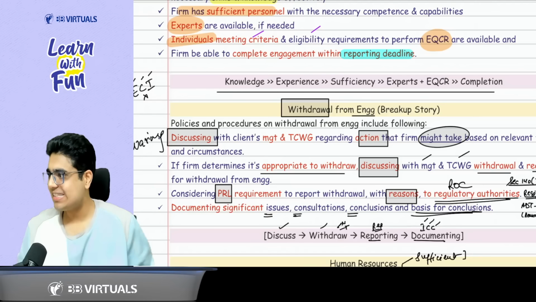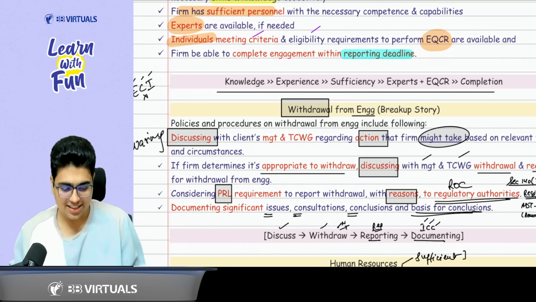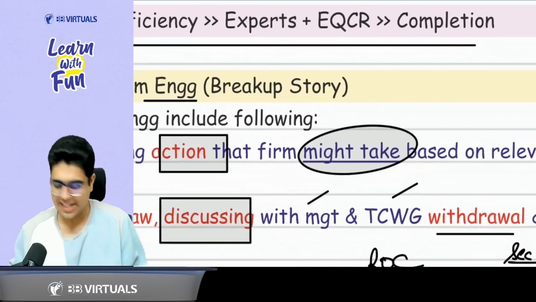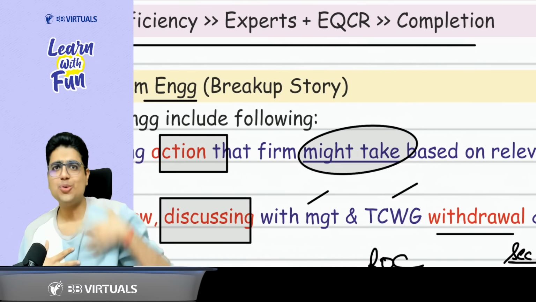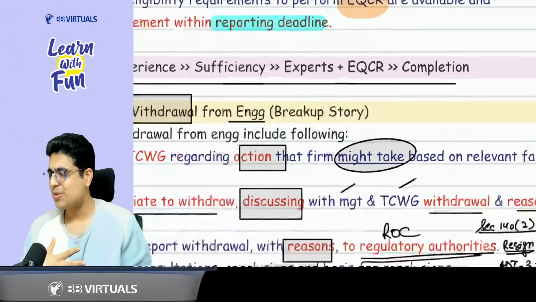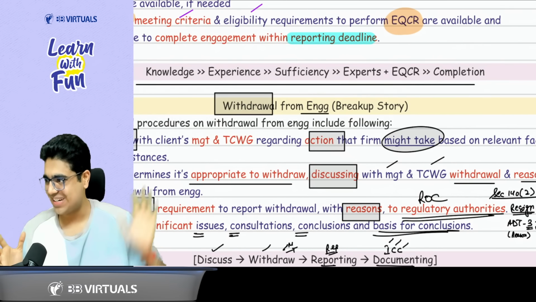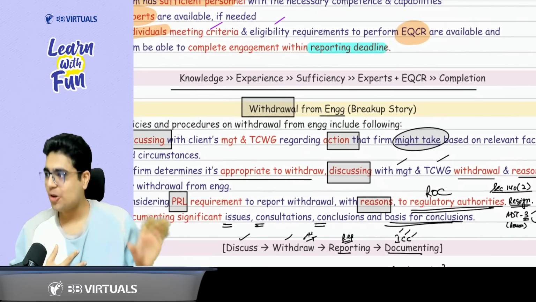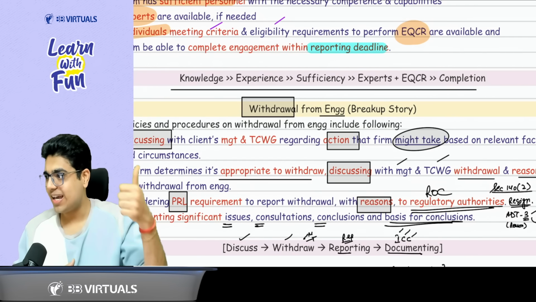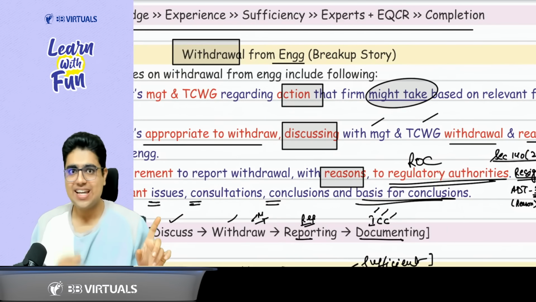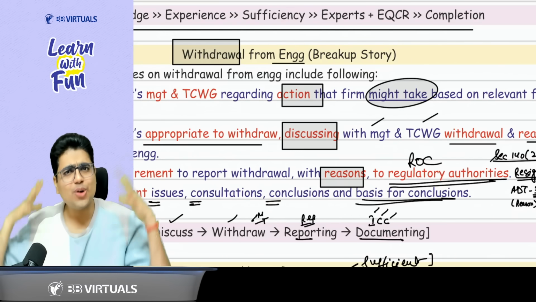So don't you think the same thing is happening here? First of all, you are giving the warning about the action that the firm might take. Yes, sir. And if the other person doesn't improve, then you withdraw. Then you do the breakup. You say, I want to break up. And before breaking up, do you discuss with your friends? Yes, sir, we discuss. He's such a red flag. You discuss the issues. On these issues, you take the consultation with your friends and then you draw the conclusion that you don't want to stay with the other person.